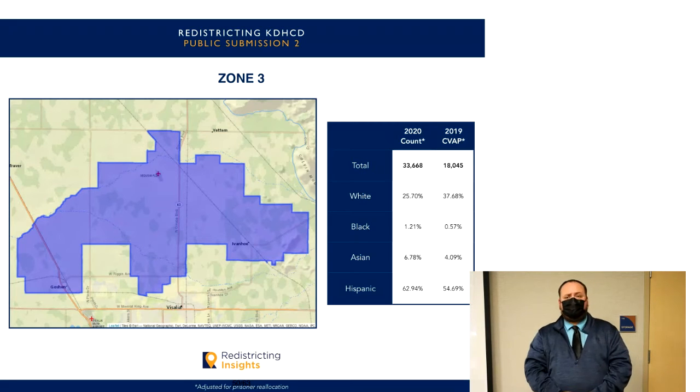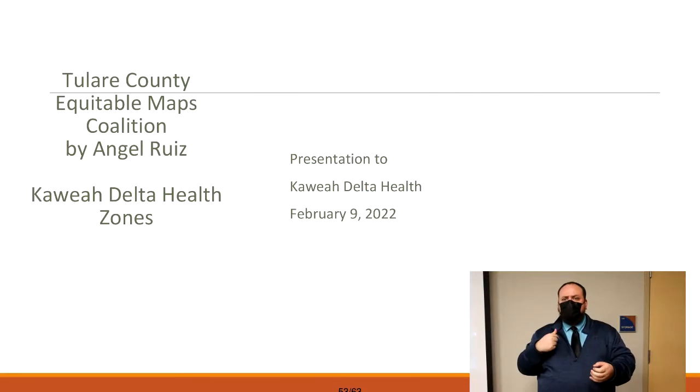And if there are any other comments or questions, just in general about the maps, or any feedback you would like to provide for us to keep into consideration, we know we'll look at quadrants and very much take into consideration Hispanic CVAP. Any other input, or just try and keep clean lines in general? Any other input or feedback you would like for us to take into consideration as we move forward with this?